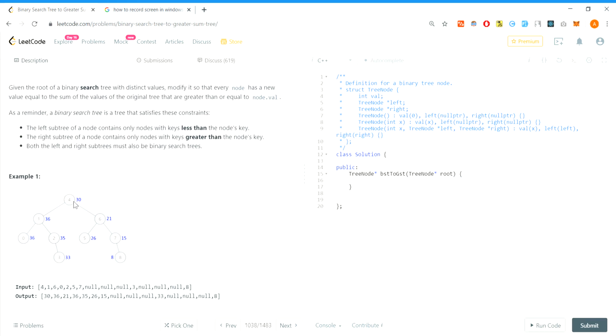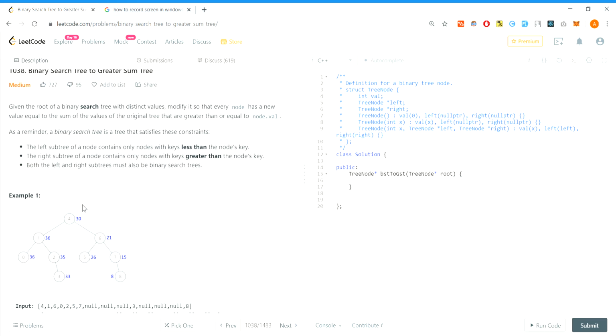So probably you are aware of what a binary search tree is. For those who are not, it is a tree which has a special property that all the nodes on the right of it have greater values than the root node, and on the left of it will have smaller values. We can take any node and it will satisfy the property. For example, if we take 1 over here, then we can see all nodes on the right are having greater values, while on the left are having smaller values.